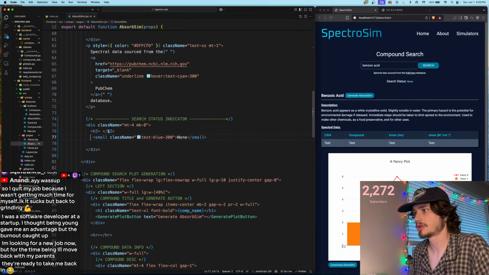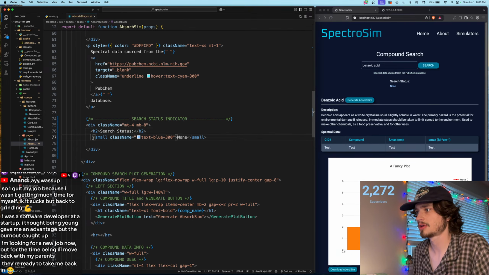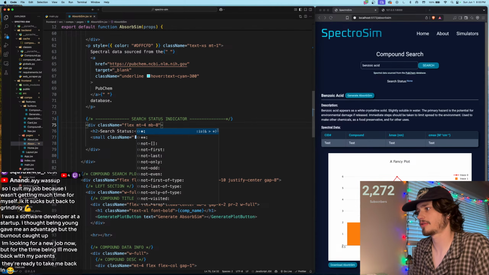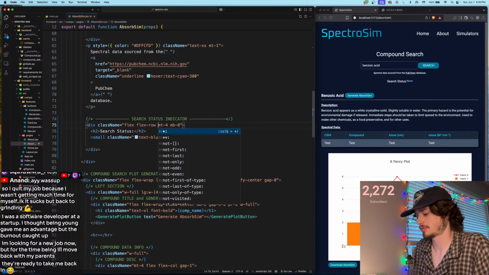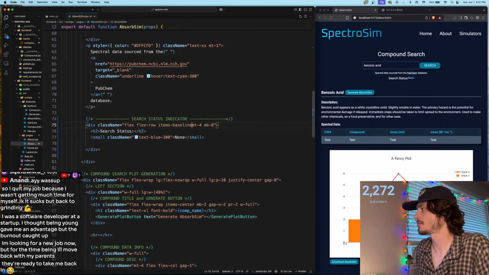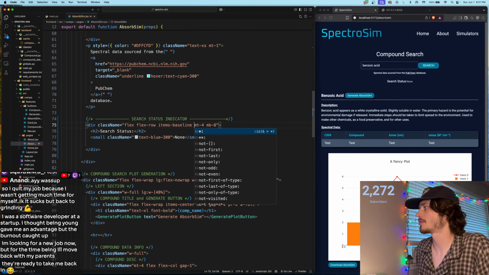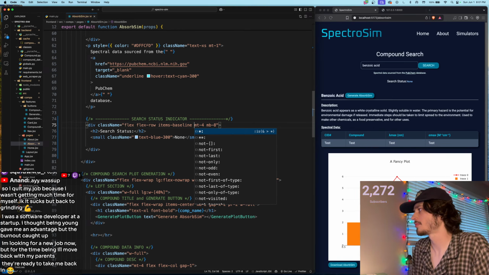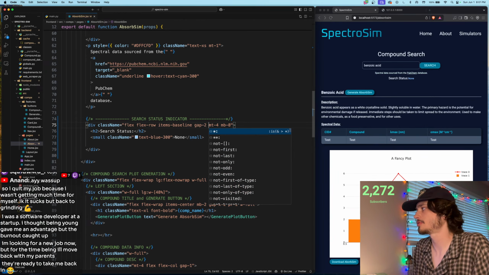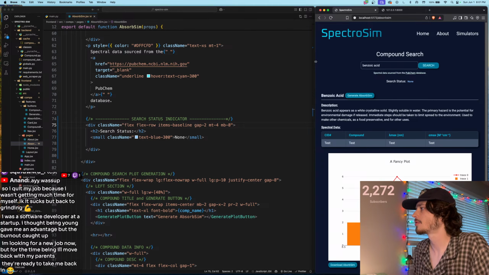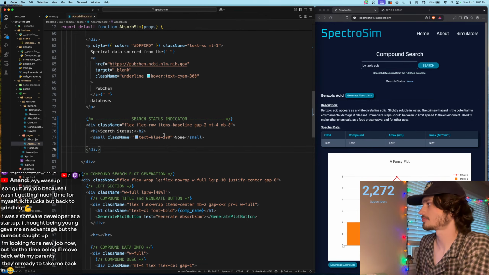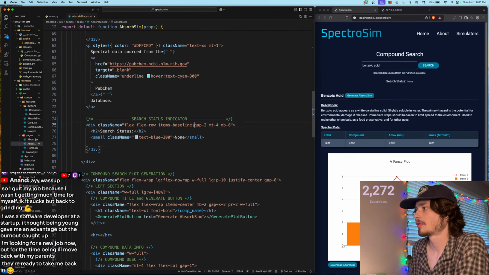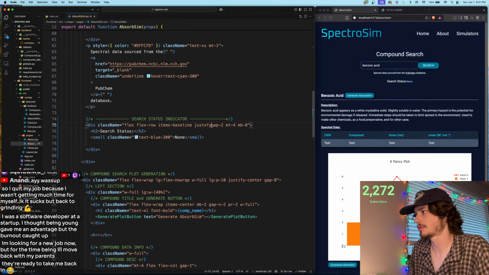I'm going to throw this into here, search status, and then I'm going to have this small, and then I'm going to go here, I'm going to say flex row, items baseline. Gap 2. There we go. I'll say justify